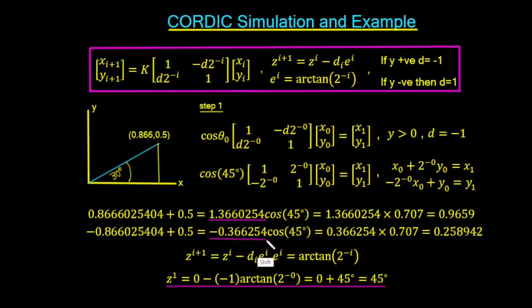And I'll give you a term here just in a moment, okay? So that's times the cos of 45. And when we multiply the cos of 45, we get this value here. So these two values here are actually the two that we're interested in, because whenever we work through this